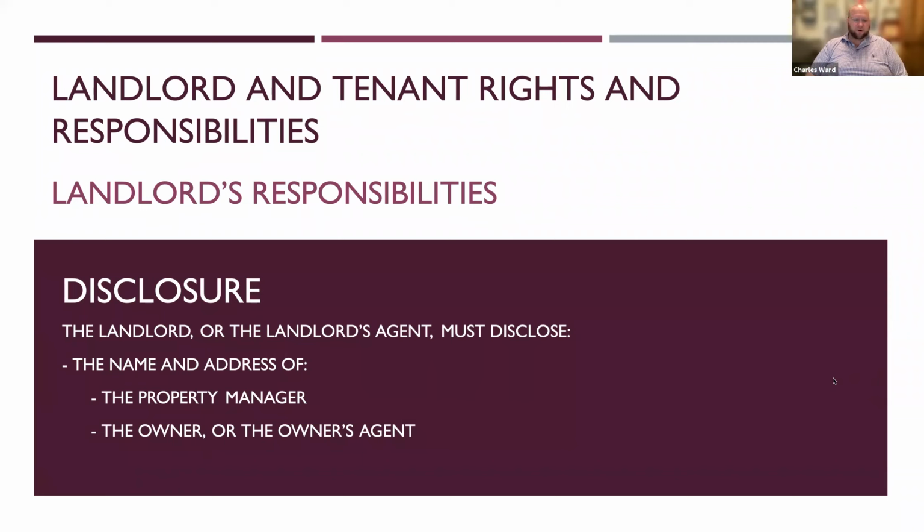If a person required to make a disclosure doesn't, then that person becomes an agent for service of process and the responsibilities of the landlord. This may be something like someone who is in charge of showing and renting the units to somebody, but isn't in charge of the property and the owner doesn't intend this person to be their full representative. But if the person doesn't make those disclosures and should, then that person is going to be considered an agent when it comes to process service. And also, if the landlord has failed on one of its responsibilities, they could be liable for that failure.